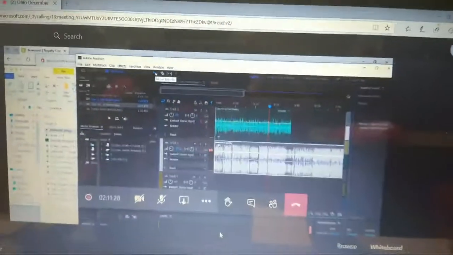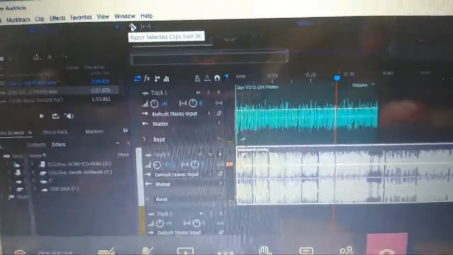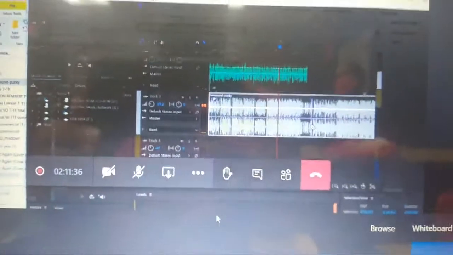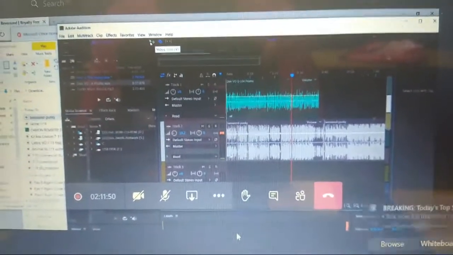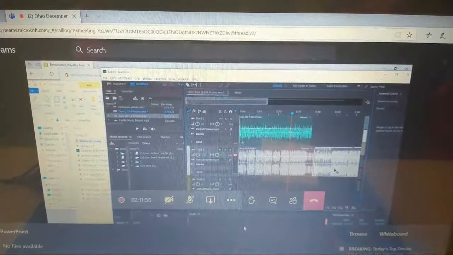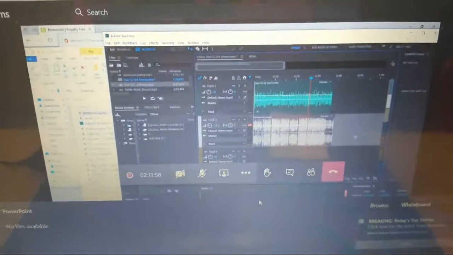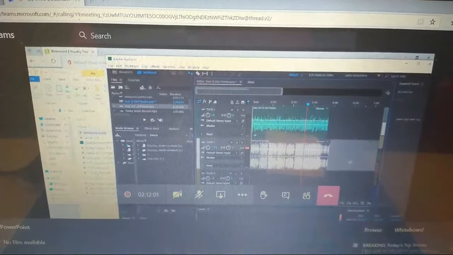There's a razor tool right here at the top of the screen. If you click on that, it changes what your mouse is from this pointer to a razor. The razor, what does a razor do? It cuts. So I go here, I click here, and it cuts this in half. And now I can go back to the pointer, because when you're in razor mode, that's all you can do, is cut. You want to go back here to pointer mode, click in this section, and now I can click delete on my keyboard, get rid of all that. I don't need it, okay?